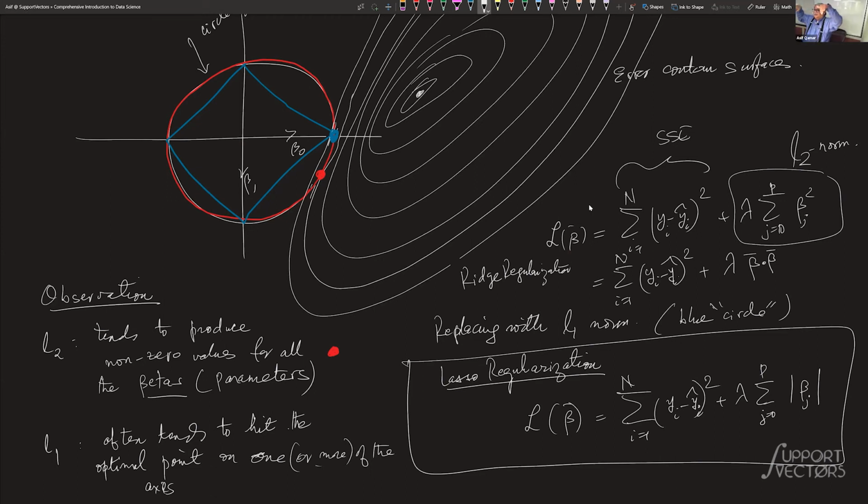Or it could be where the line becomes a tangent. Yes, it could be. But quite often what happens, so that's why I said not always, but often, is that because you have these pointy tips at the axes, it tends to puncture or hit the error contour surfaces often along the axes. Because of that,